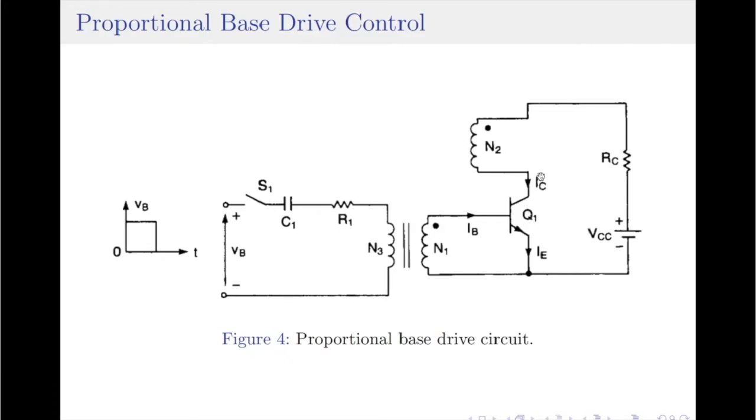When the collector current starts to flow, a proportional amount of base current is induced into the base of the transistor due to the transformer action. The transistor would then self-sustain due to the transformer action and the switch S1 now can be switched off. The turns ratio of the transformer is given by N2 divided by N1, which is also equal to IC divided by IB, and this equals beta. For proper operation, the magnetizing currents due to the transformer action must be as small as possible.